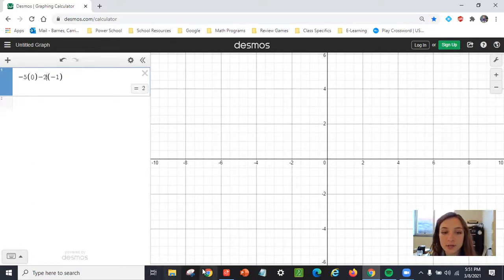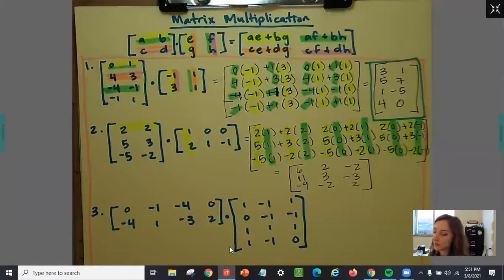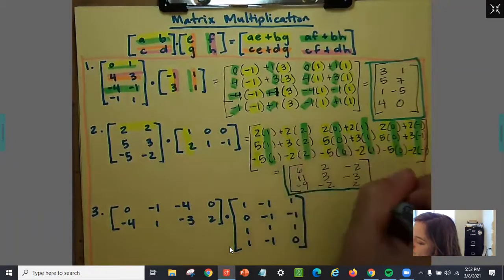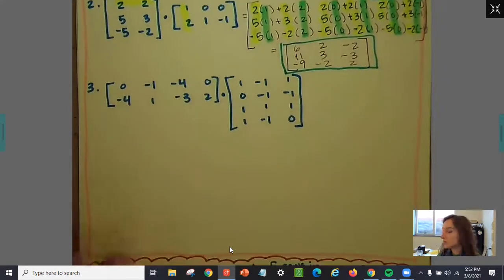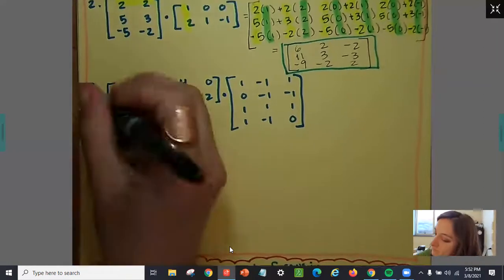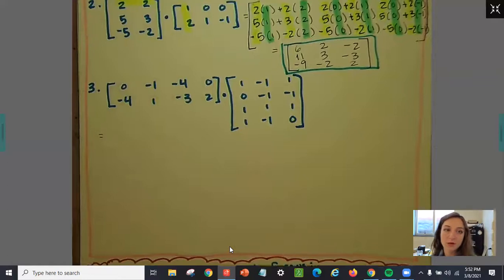Okay, we are almost done. We do have one more example that we're going to go over, and then we'll be done from there. Okay, so in this example, we do have quite the lengthy problem that we're doing here. So let's do this last one, and we're going to start out with